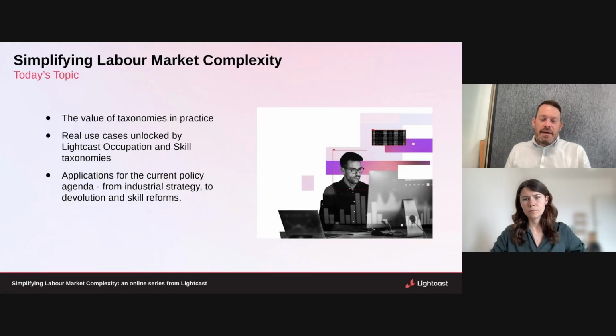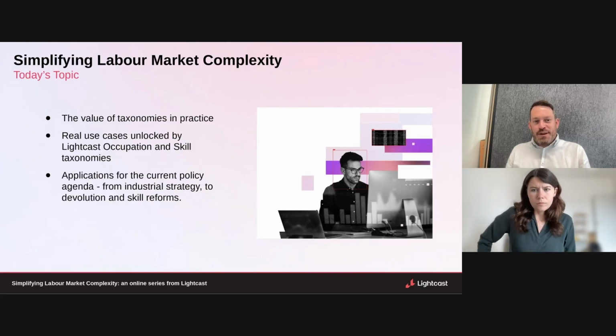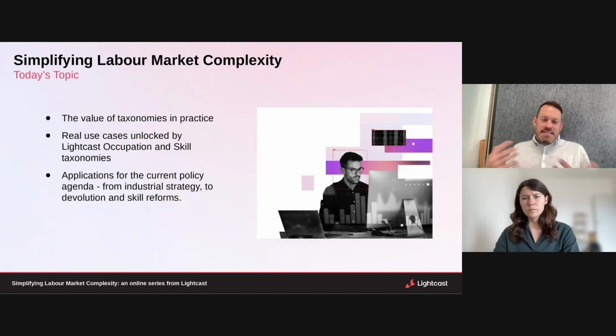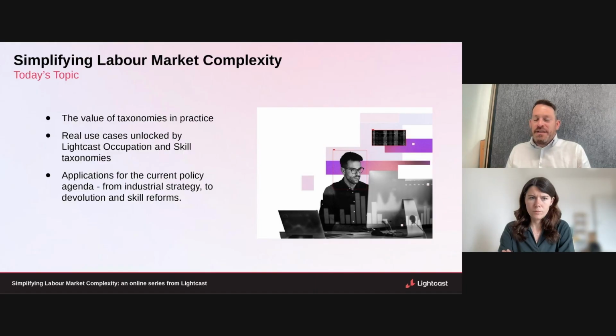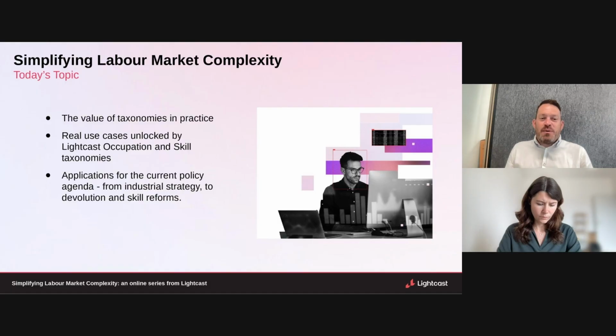So on to today's topic, and it really follows on from where we left off last time. This next series we thought would be helpful to really dive into some of the building blocks, I suppose, of labour market intelligence. You may have heard the phrase taxonomy. We use it a lot. It's a fairly standard term in our world, but really what this is describing is how we structure information, particularly from disparate sources, that allows us to really make sense of labour market activity and bring that to real life scenarios.